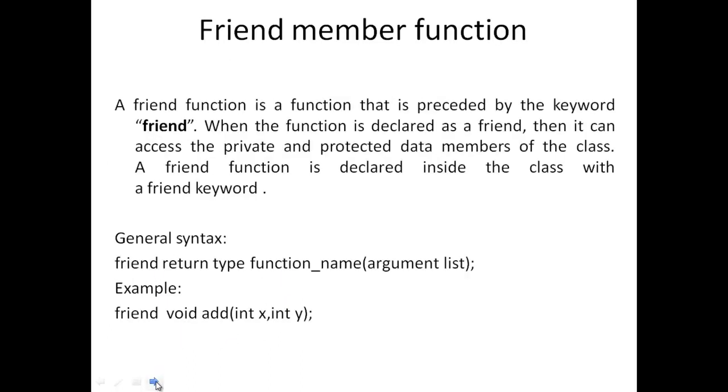Next is friend functions. A friend function is a function that is preceded by the keyword friend. When we declare a function as a friend, it can access the private and protected data members of the class, and this friend function is declared inside the class with the friend keyword. That means